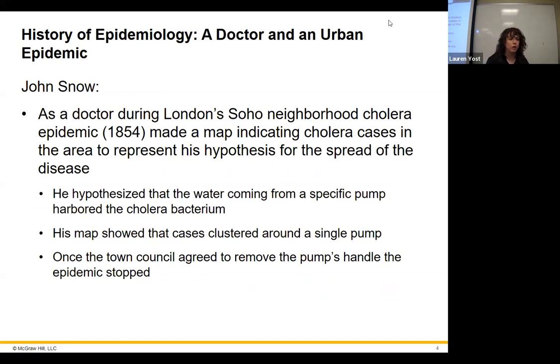Next, we have John Snow, very well known for his effect on a cholera outbreak. They consider him to be kind of the father of epidemiology. Basically, there was a cholera epidemic in London, and people just kept getting sick from it. So what he did is he plotted out on a map all of the people who had cholera, and he found that they were centered around a specific well, like a water pump.